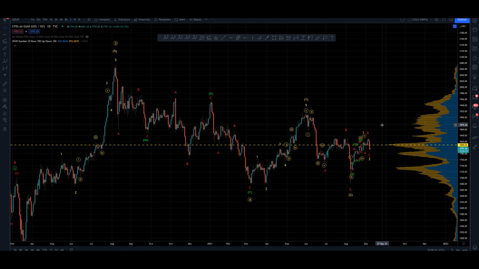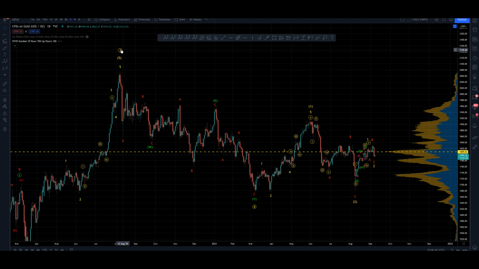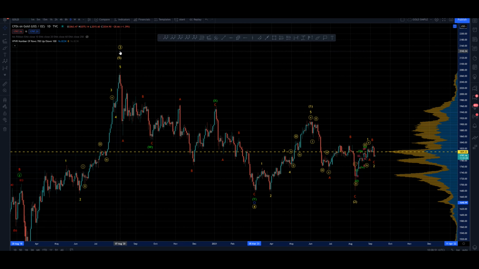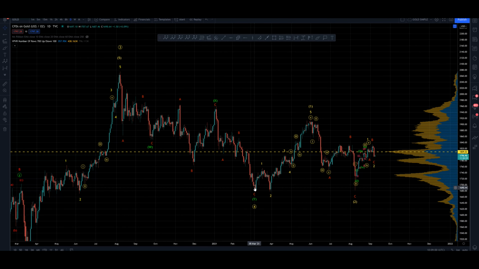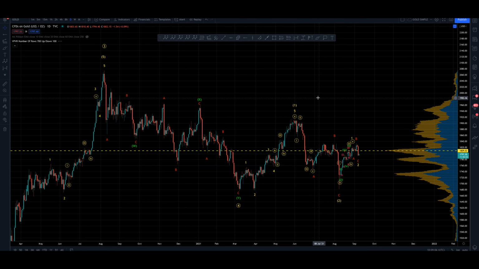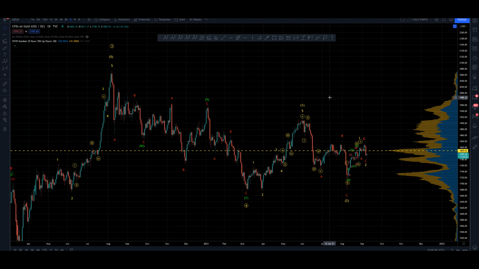So let's get started here on gold. We're on the day time frame in linear scale. Now, in case you're new to the channel, we're making the assumption of a primary wave 3 completed on the 7th of August 2020 last year, and a completed wave 4 down here on the 5th of March 2021. Now, it is a pretty bold assumption, and I don't have extreme confidence in it, to be honest, as this could all still be continuing corrective activity.